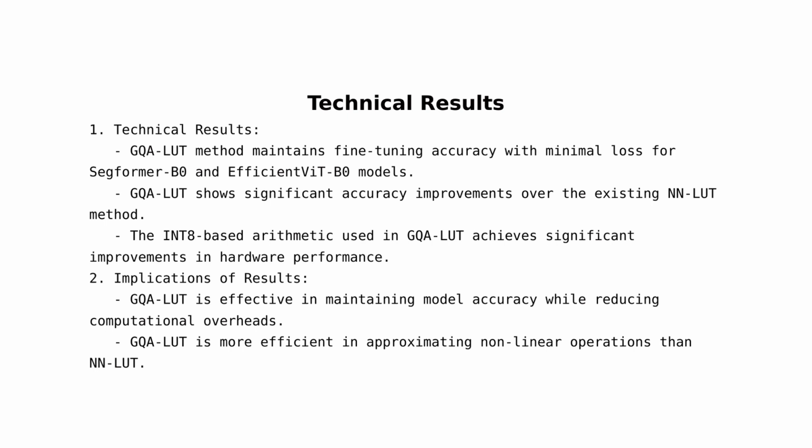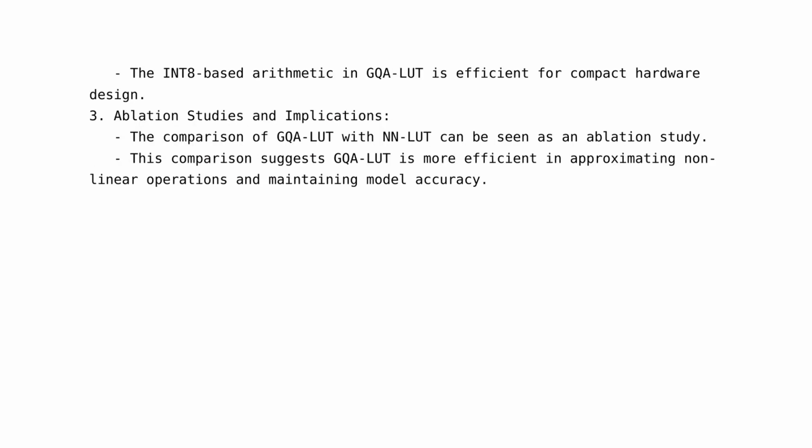Implications of results. 1. The results indicate that the proposed GQA-LUT method is effective in maintaining the fine-tuning accuracy of models while reducing computational overheads. This makes it a viable solution for optimizing nonlinear operations in transformer-based models. 2. The significant improvements in accuracy compared to the existing NN-LUT method suggest that the GQA-LUT method is more efficient in approximating nonlinear operations. 3. The significant improvements in hardware performance with INT8-based arithmetic imply that the proposed method is efficient for hardware design